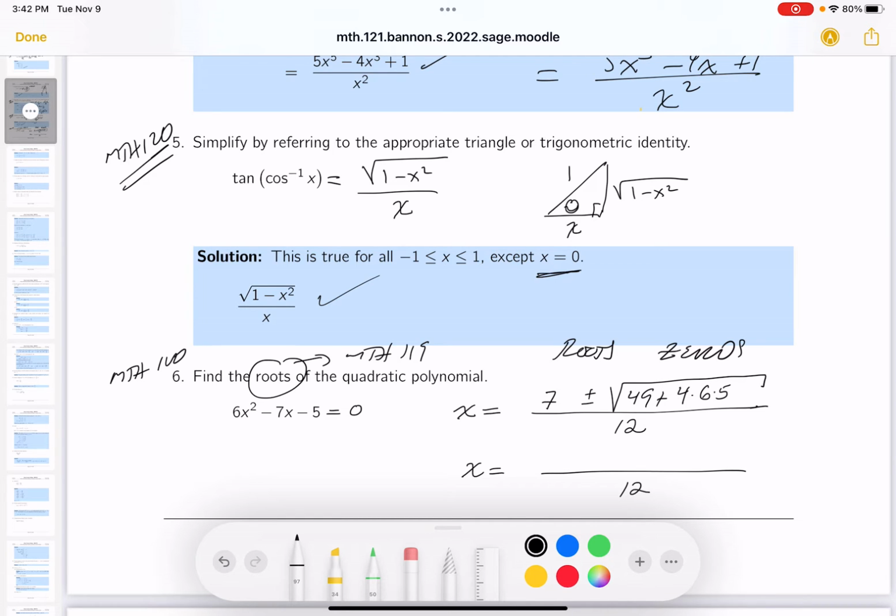12 on the bottom still. You get 7, plus or minus, and I'm expecting to see 2 roots, guaranteed. All right? So what do you get? Let's see. You get 49